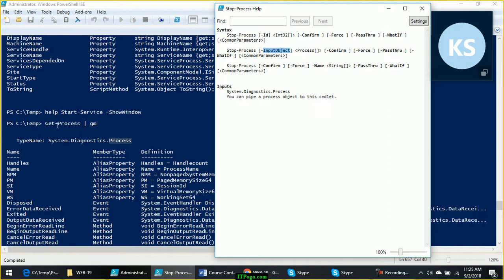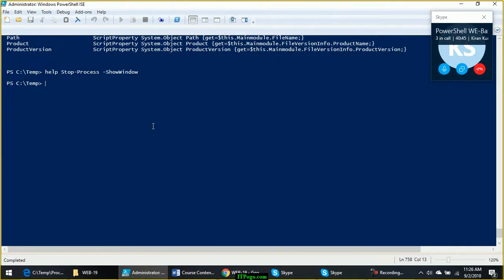So Get-Process can pass the output to Stop-Process because Stop-Process requires the input object as process, and Get-Process also produces the output object of type process. Simple.